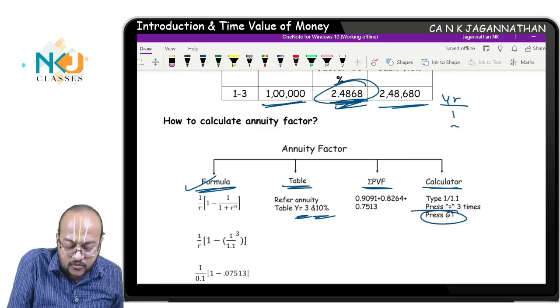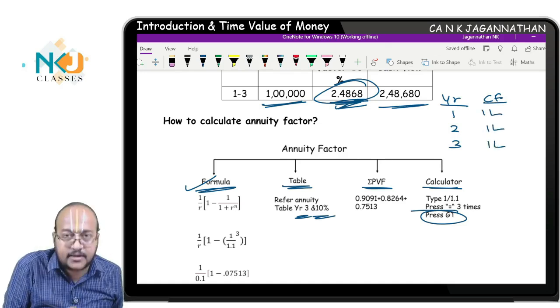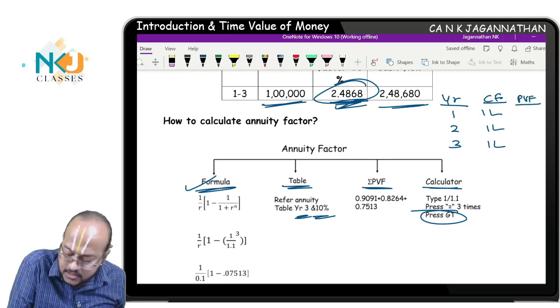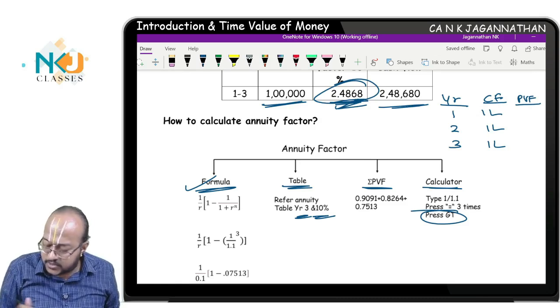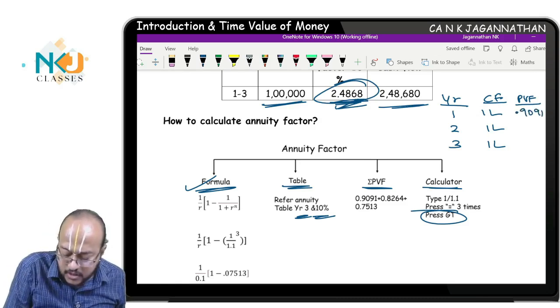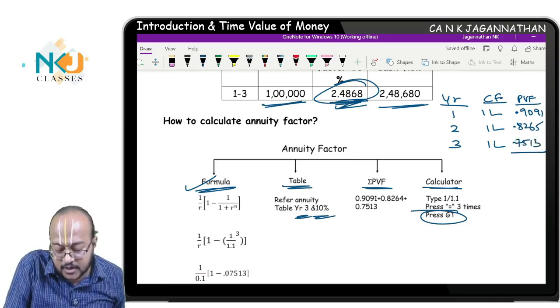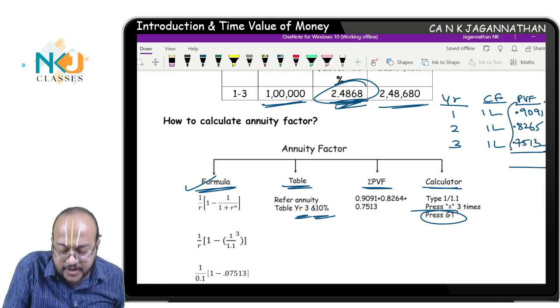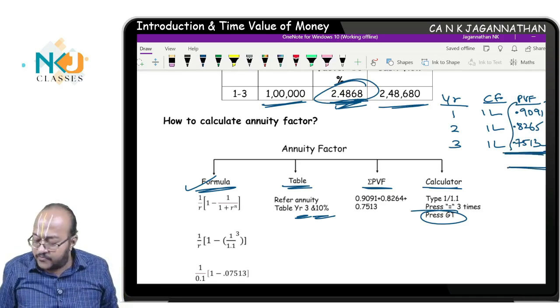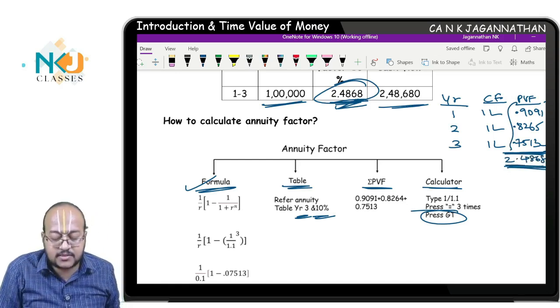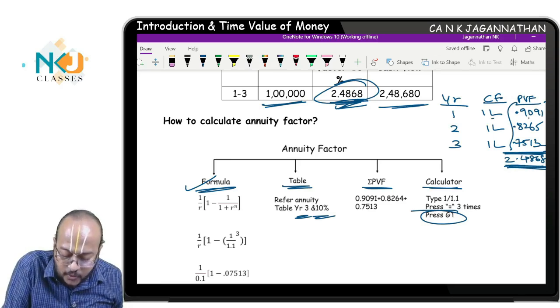See, at the end of year 1, year 2, year 3, all these years the cash flow you will receive is 1 lakh, 1 lakh, 1 lakh, correct? Now, very simple. The present value factor, we already know, is 1 divided by 1.1. First year present value factor is 0.9091. Second year present value factor is 0.8265. Then third year present value factor is 0.7513. Total these present value factors alone and you will get it. The total of this is 2.4868.